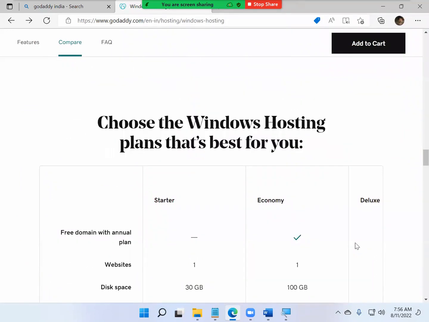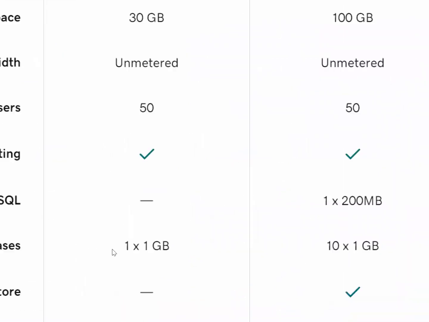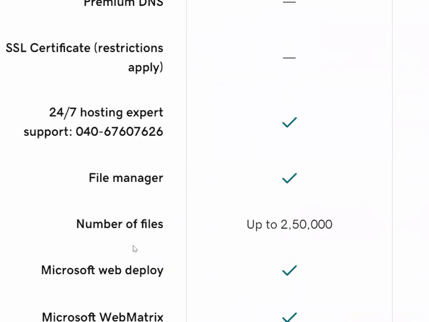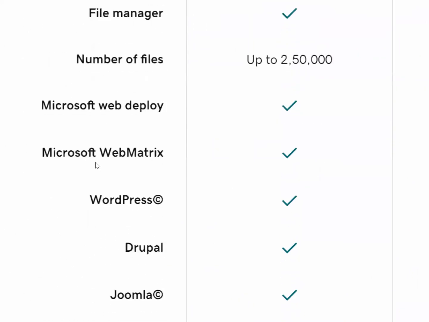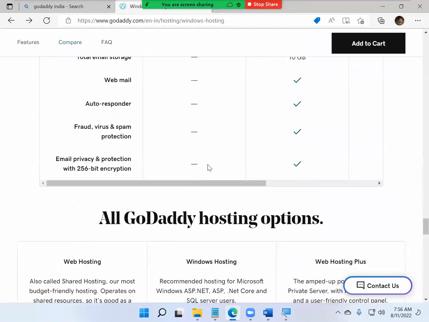Yeah, here it will show you. What do you get in a starter plan? And you can see any extra services offered. The number of files you can upload is 2,50,000 files with web pages.